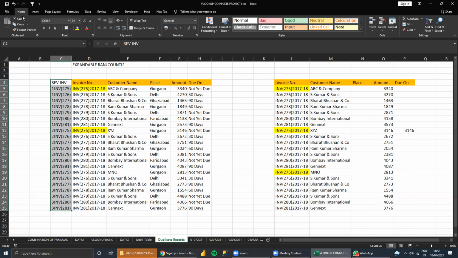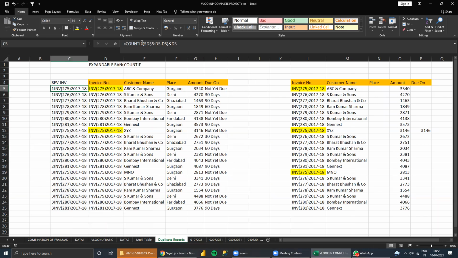Sir, when we are doing this expandable range, the first one which you did in the C column, I got this correctly. When I tried doing the customer name in the second table, I got the first customer name, but it's not working in the second column, sir. Just do the count if and see.